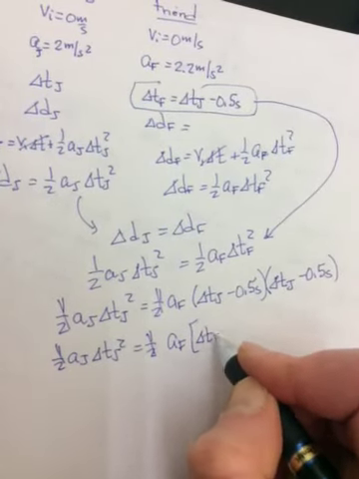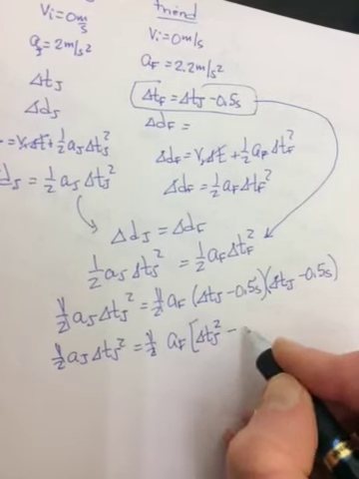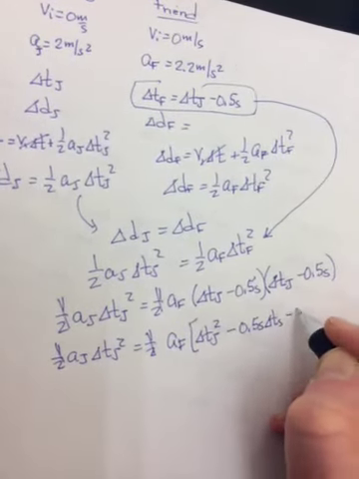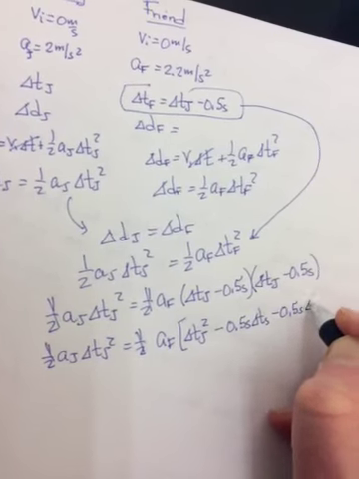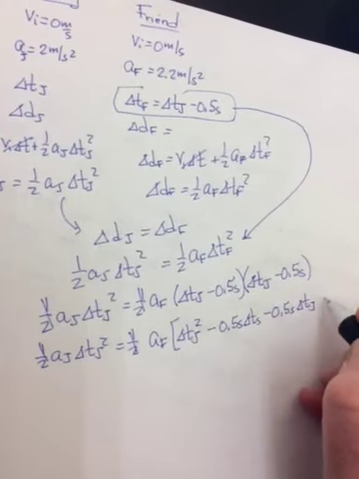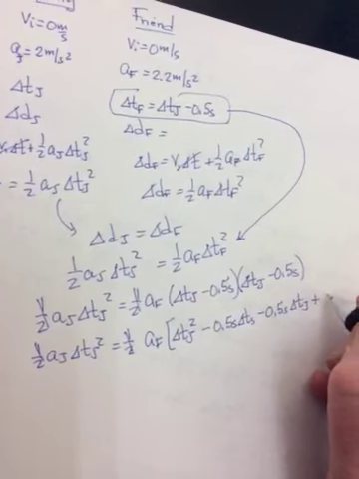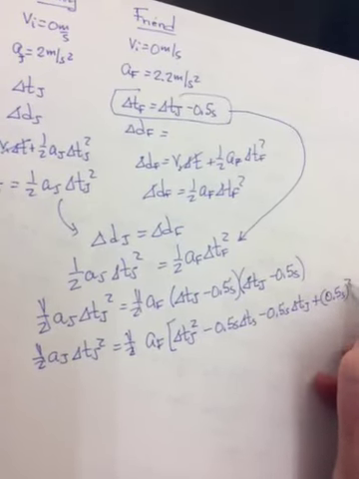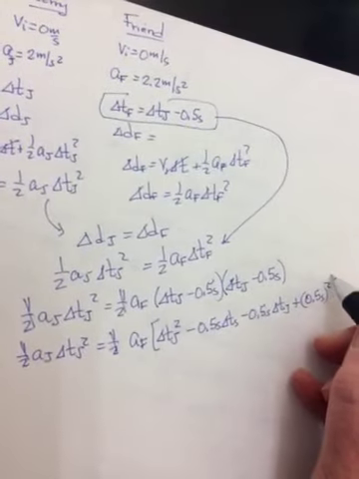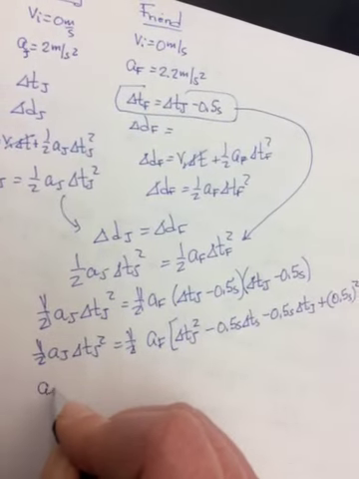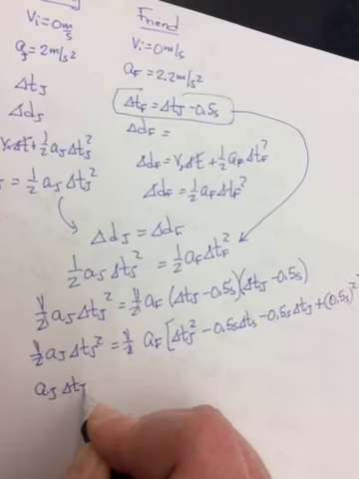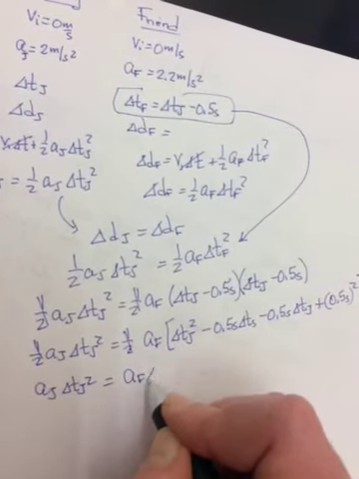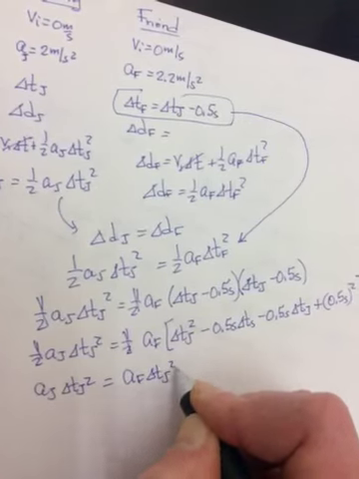So delta T of Jerry squared, minus 0.5 seconds delta T of Jerry, minus 0.5 seconds delta T of Jerry, and then plus 0.5 times 0.5. So 0.5 seconds, and that's going to be squared. Close the brackets. Okay, so A of Jerry delta T of Jerry squared will equal, multiplying through, A of the friend delta T of Jerry squared,